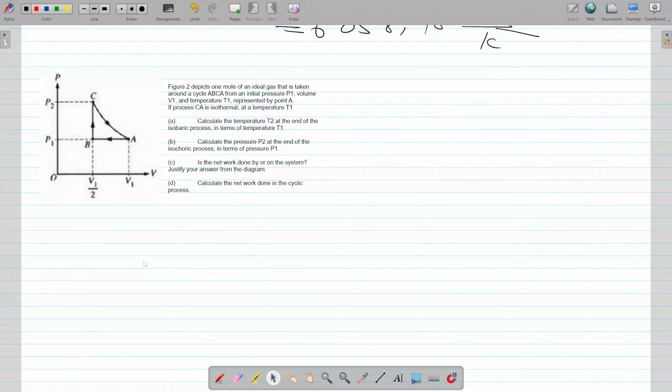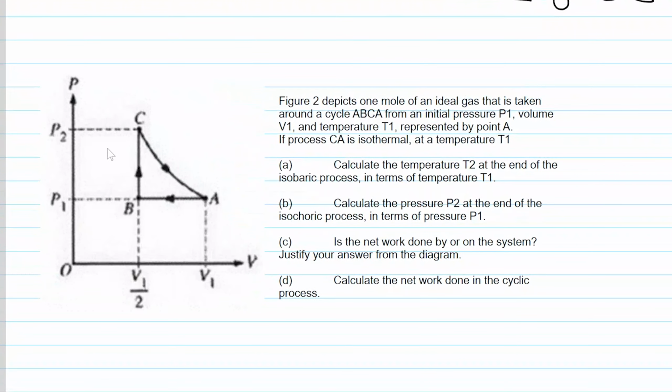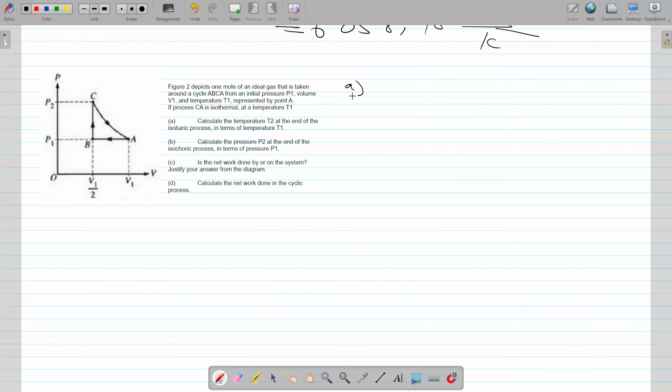Next, we are going to be answering this question here. We are given figure 2, and in this figure we have three processes: A to B, B to C, and C to A. The first question is to calculate the temperature T2 at the end of the isobaric process in terms of T1. For A, we have to identify the isobaric process, and we know that isobaric means there's no change in pressure, meaning our isobaric process